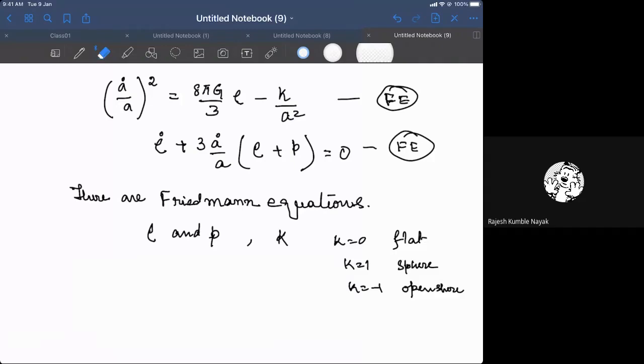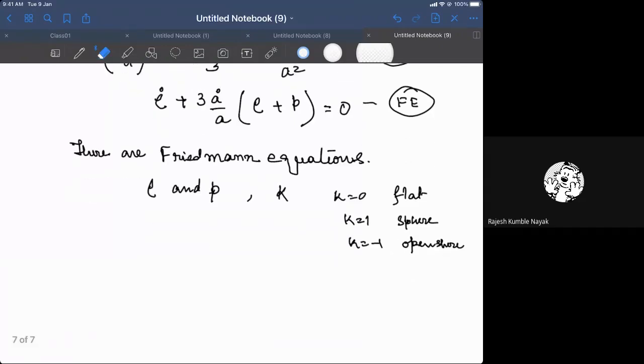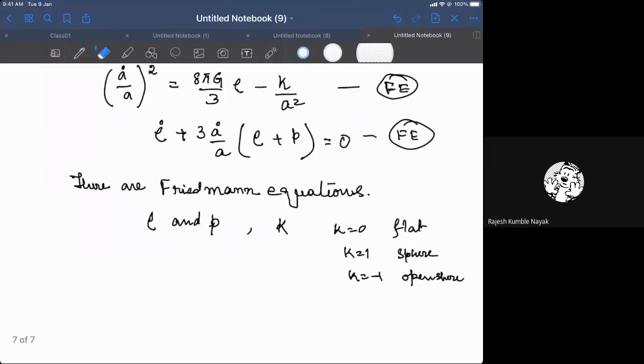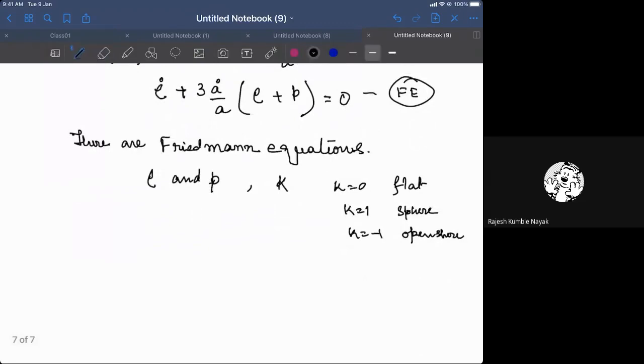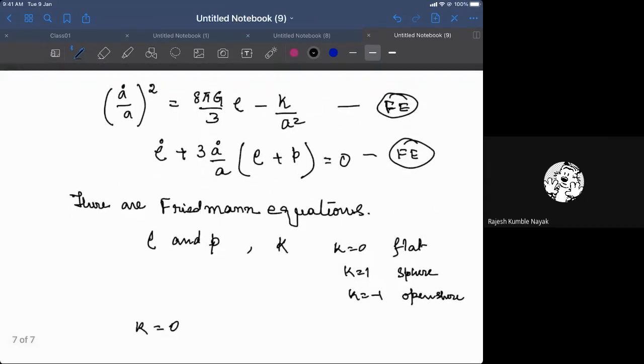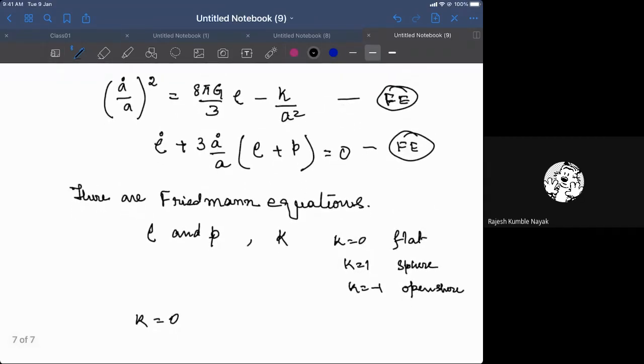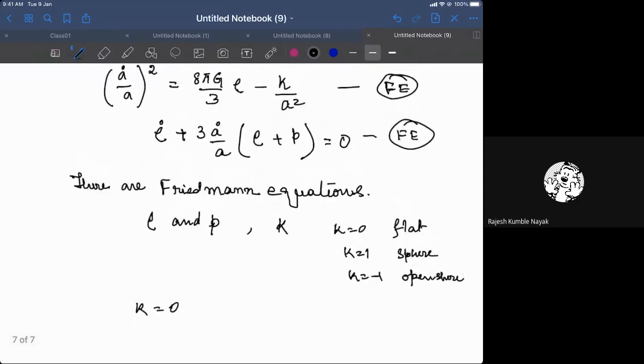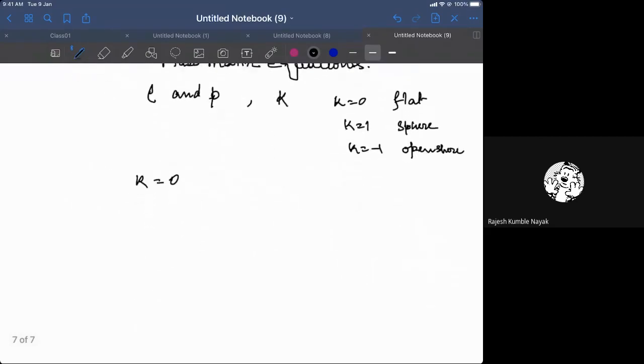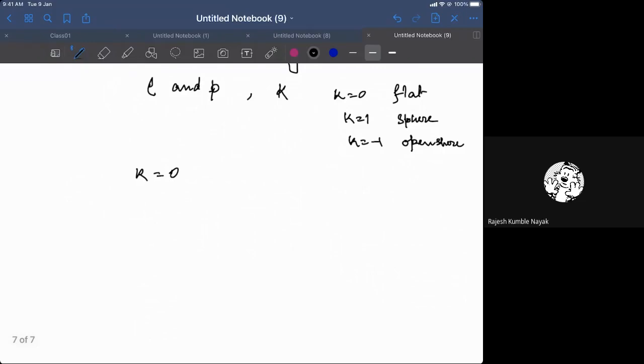We see that we need to have various models of the universe. Let's start with the constant k. We can put k to zero, a flat universe, k is equal to 0. Then this equation gets much simplified. And there is another interesting aspect here: H, which is a dot by a, is called the Hubble parameter.